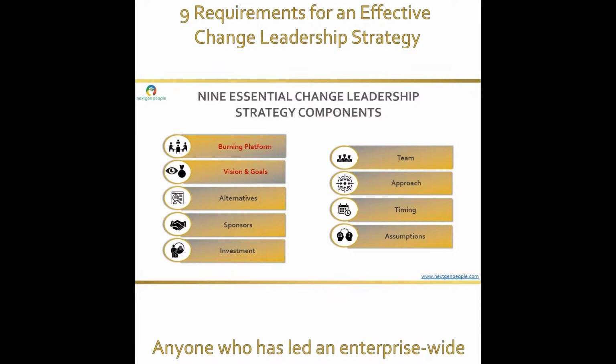Anyone who has led an enterprise-wide organizational change knows that the costs and investments required will fluctuate, oftentimes beyond the initial prediction. This is why the agile approach is often so popular. However, when we do our due diligence, we can often be at least in the ballpark of what the cost will be. We want to ensure that those investments are aligned with the ballpark costs of what the change will require.